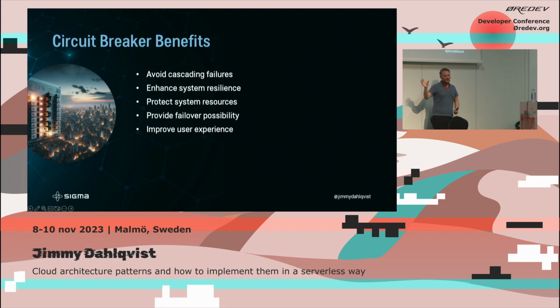So if one service fails, we don't want to impact everything else. It helps us protect system resources that are crucial to our system. And it provides us with failover possibility and actually improved user experience. If you take a look,